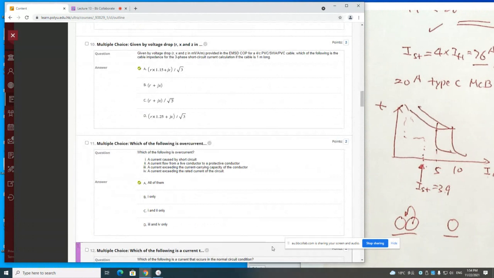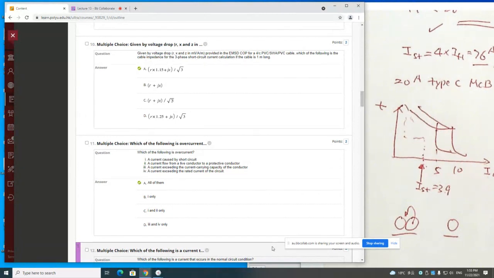Number 10, this is a straightforward question. If you read the notes, you can find the answer directly in the notes, given by the voltage drop provided by the COP for 4-core PVC cables. Which of the following is the cable impedance for 3-phase short circuit current calculation? If the cable length is 1 meter, and of course we use the